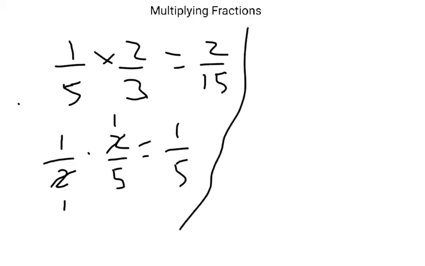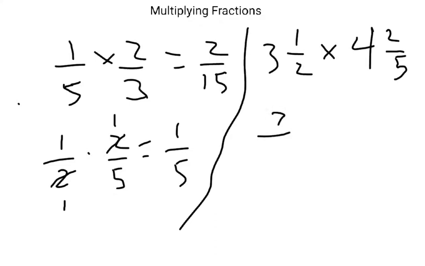Now let's take a look at a real advanced example, which would be two mixed numbers multiplied: 3 1/2 times 4 2/5. Here we're going to change both mixed numbers to improper fractions, and the strategy here is 2 times 3 plus 1, which results in 7 halves,